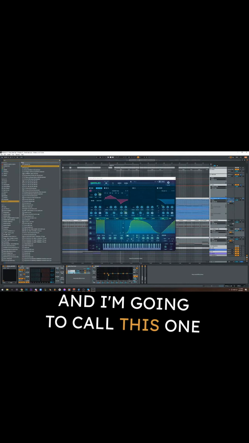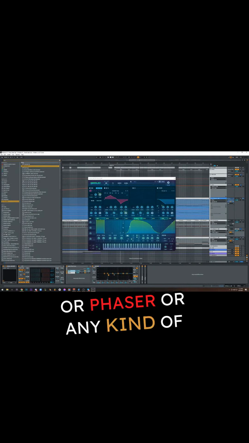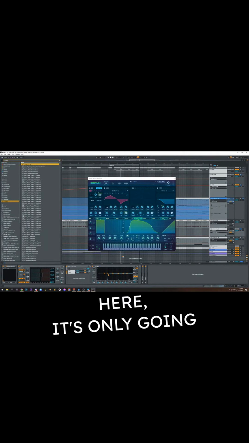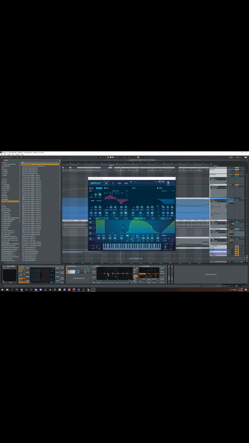And I'm going to call this one lows, and then instead of a high pass, you can invert and do a low pass, and now you're going to have the lows separated from the mids. So now if you want to add chorus or phaser or any kind of effect and you don't want to affect your sub, you can do it this way. So now if I add a phaser here, it's only going to apply it to the top mids and high end. It's very similar